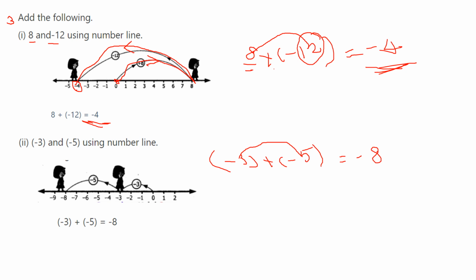So first, here you also extend the number line, 3, 4, 5, 6, closing arrow, and here we need first minus 3. So from 0 to minus 3, you put it on the left side, and our answer is minus 8. So 5 units you move again to the left-hand side. So put the arrow on the left, and circle minus 8. So our answer is minus 3 plus minus 5 equal to minus 8.